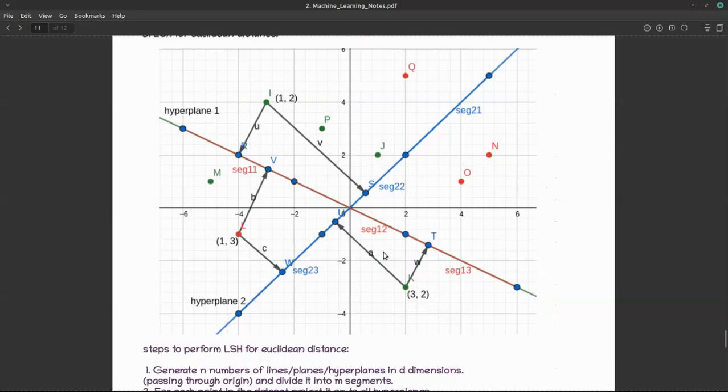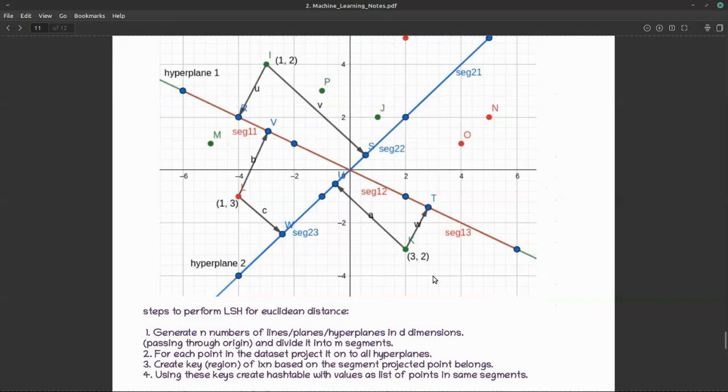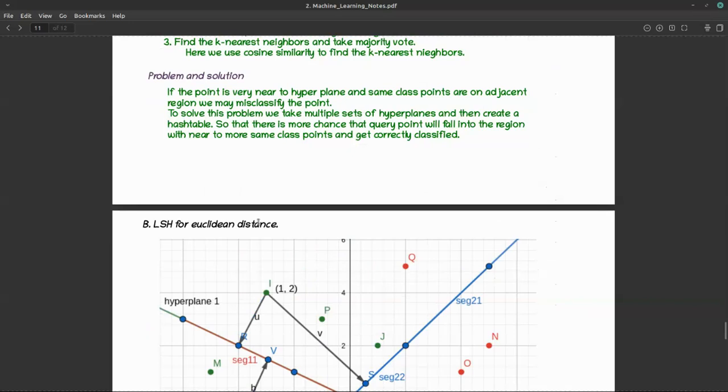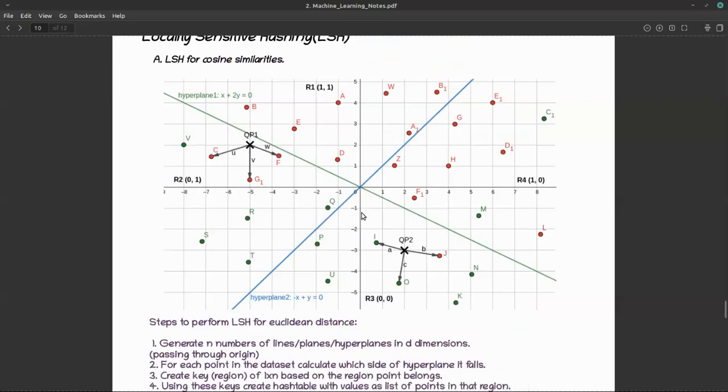Okay guys, so last one, this is a very last chance of being in the exam, because this is a very complex thing, but let's try to understand this. So LSH for Euclidean distance, what they are doing is